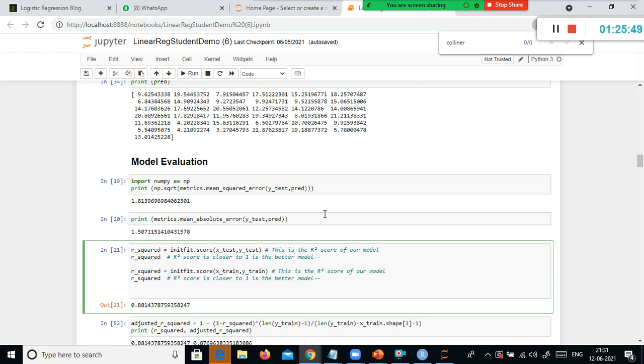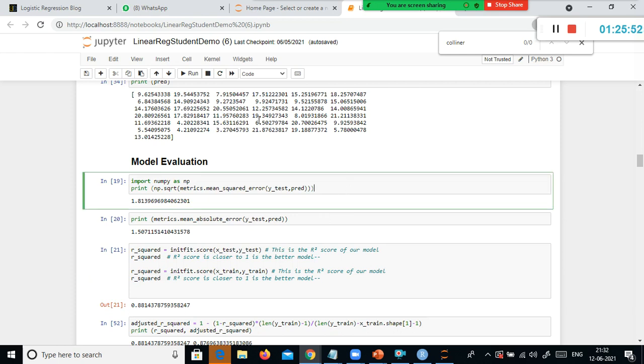Or you can use RMSE also, right? You have the mean square error. See here, y test and pred, the predicted value and y test. Instead of that, you use y test, x test and y train, x train. So you use the predicted value, pred 1, that will be holding the training data set predicted value, and y underscore train will be holding the actual value for the training data set. With that, you can get the RMSE value for the training data set. What you are seeing here is the RMSE, or the mean squared error, for the training data set.